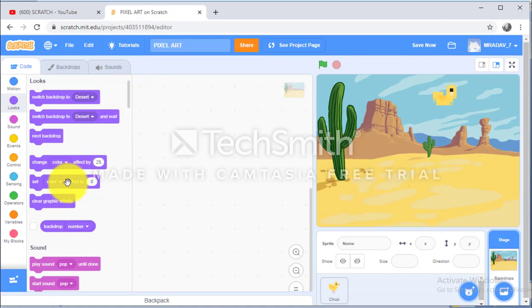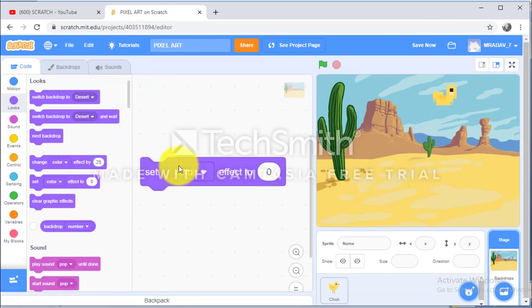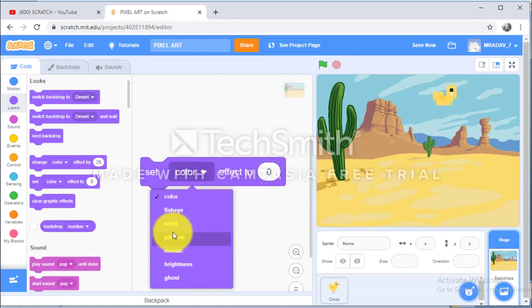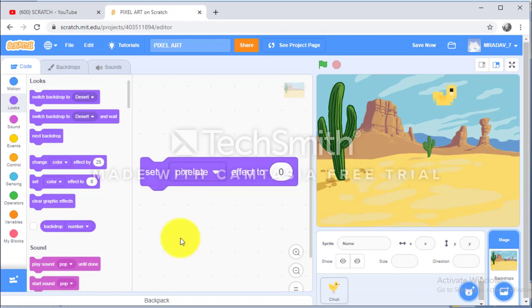In looks, we have to go to set color effect to, and now from the drop down list we will choose pixelate, changing the effect to 50. Now clicking on it, it gets blocky. Now we are writing 20 on it. Now it is the more refined version of the earlier one.